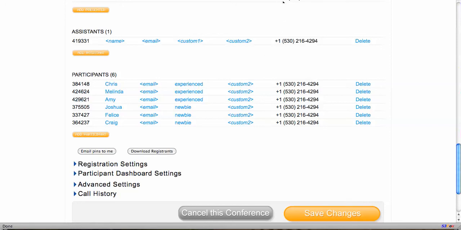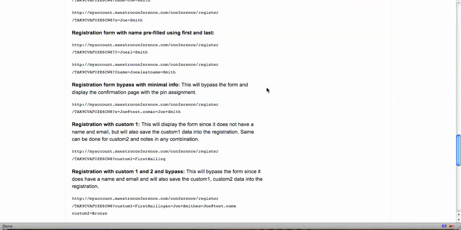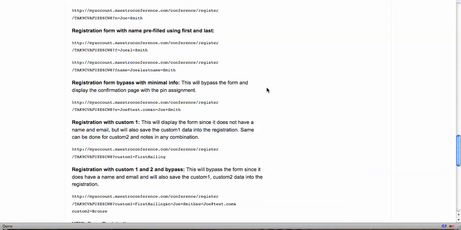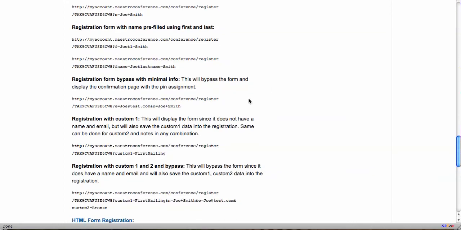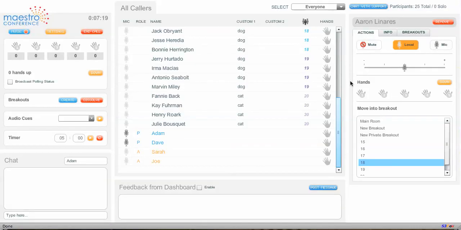Or we've got some documentation under MaestroConference.com/support, and then under documentation, which you're seeing on the screen here, which will show you how to register people and enter the Custom 1 text automatically. Okay, so those are some options you have to do some creative breakout groups using